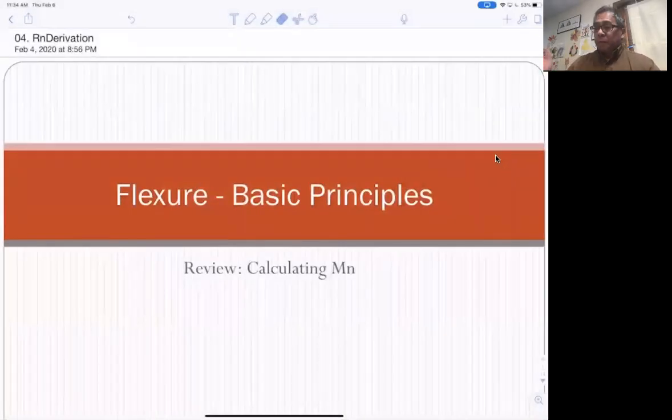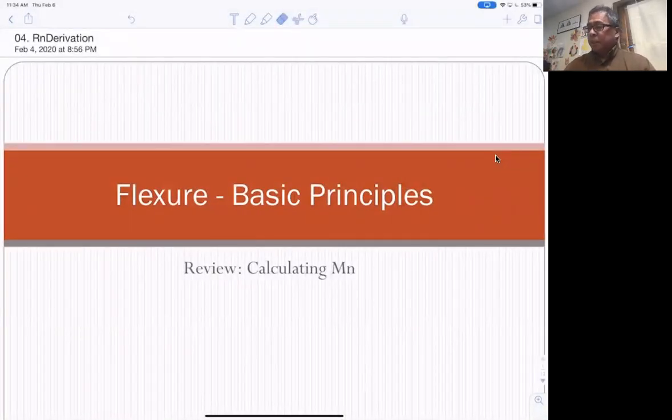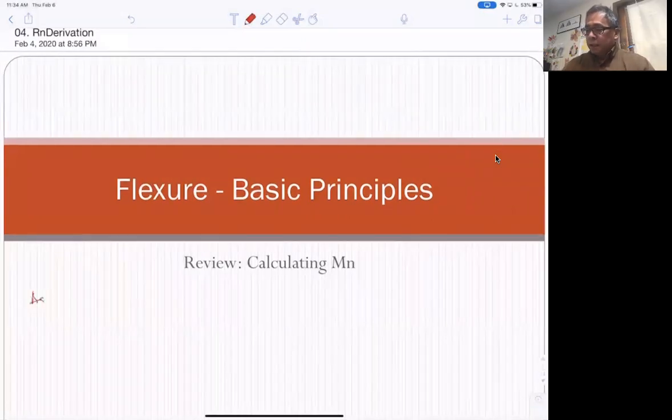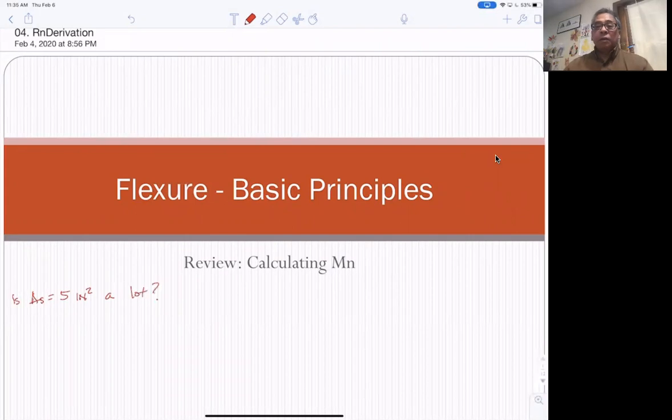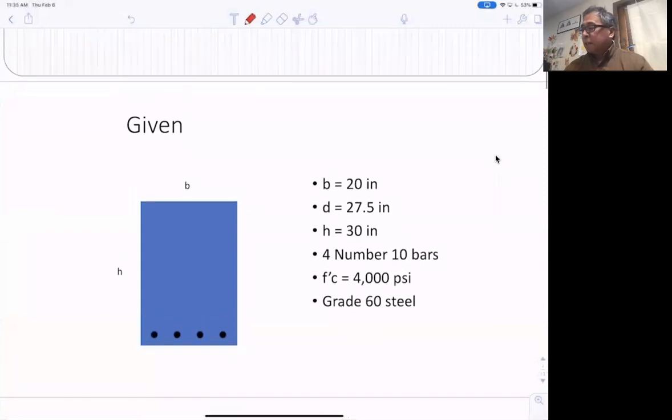Okay, so for example, what I'm saying, you're asking me is 5 square inches a lot? I don't know, 5 out of what? And so, for example, this problem that we had, this 4 number 10 bars was 5.08 square inches. And so what would give me a good idea if that's a lot or not is to get the ratio of the area of the steel to the area of the concrete,